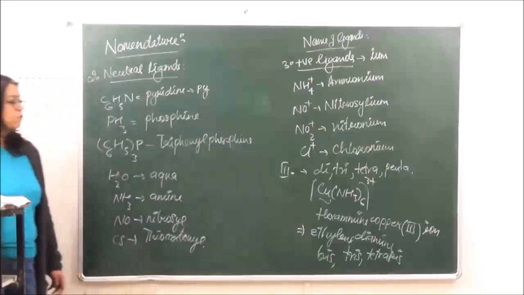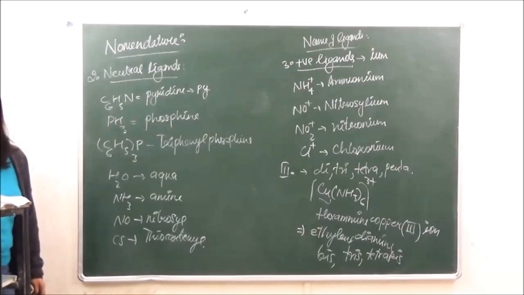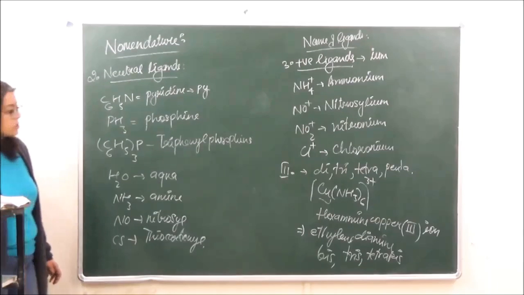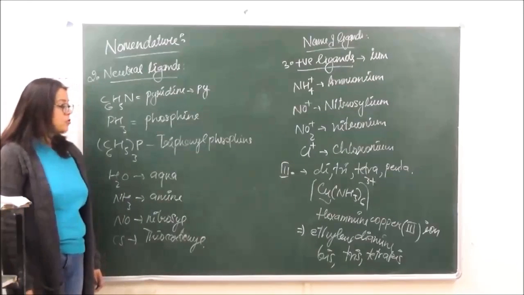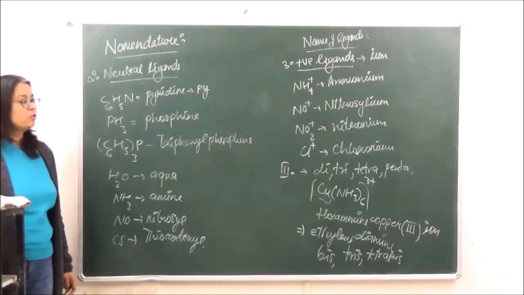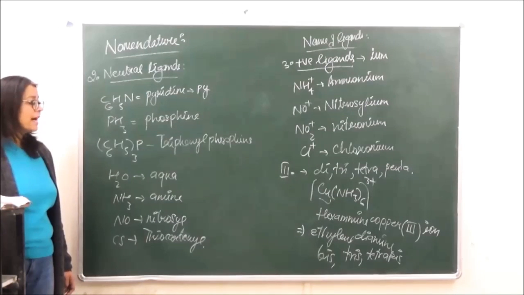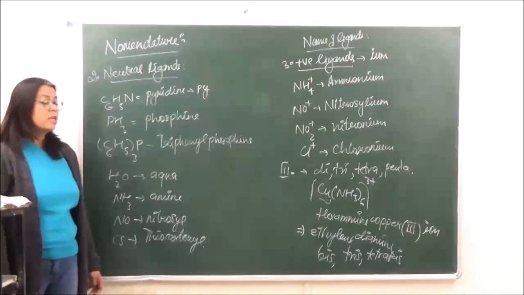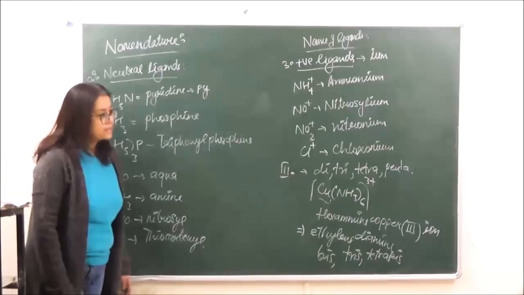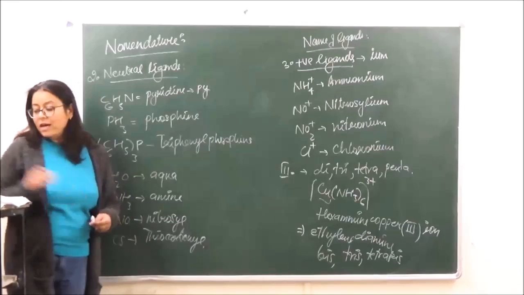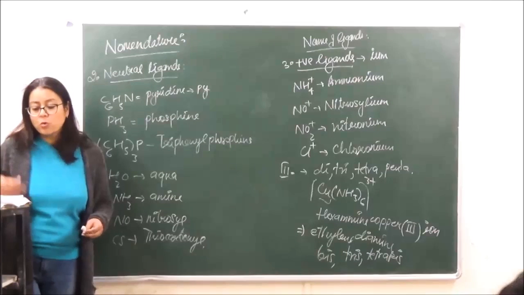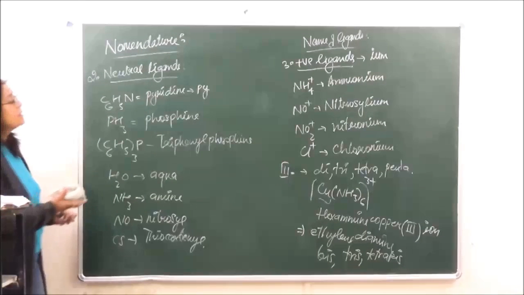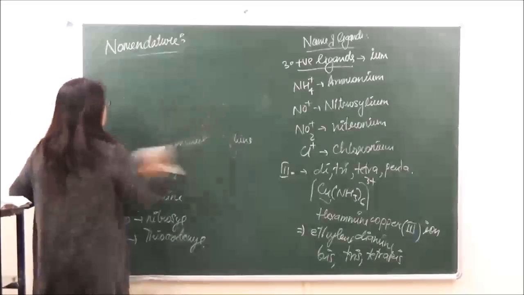Okay, so when we do a few more examples, I will tell you, when we are naming the compounds, how and where bis, tris, tetrakis are going to be used. Generally, they are used if we have ligands in which di, tri are already present. Okay? Then we come to the next rule over here, the order of naming the ligands.